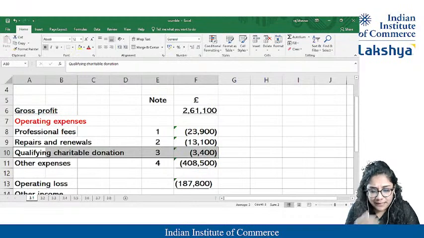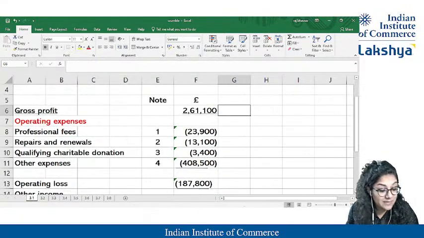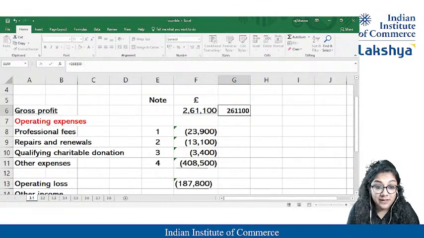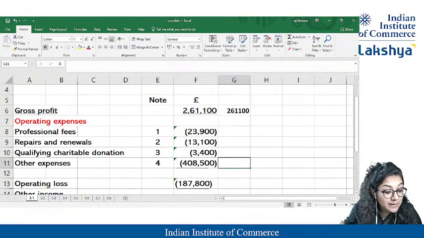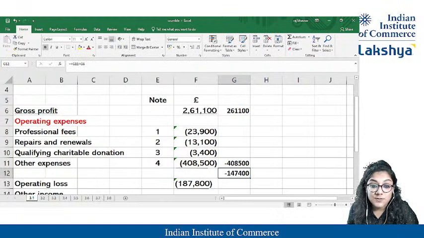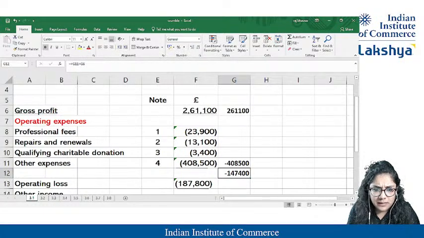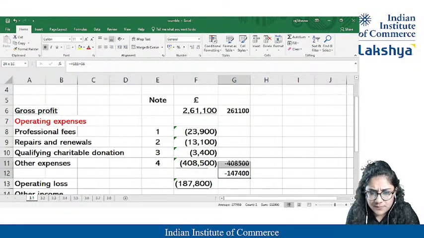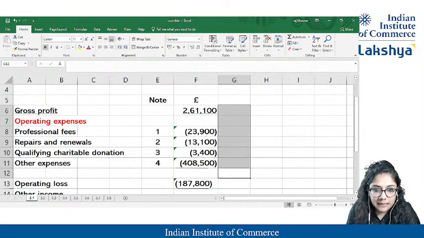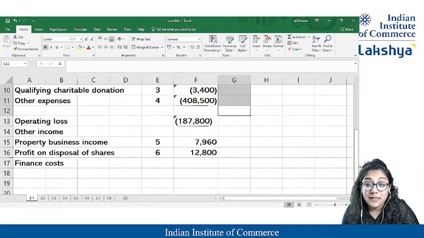After deducting this, students, the profit is 261,100, and the total expenditure is 408,500. That means obviously there is a loss. Along with that, whether they have given any other item, or whether IOA did the calculation wrong, the calculation of mine is correct, but they have provided us with this. Need not worry. If they have given things, we need to calculate. Operating losses they have given.